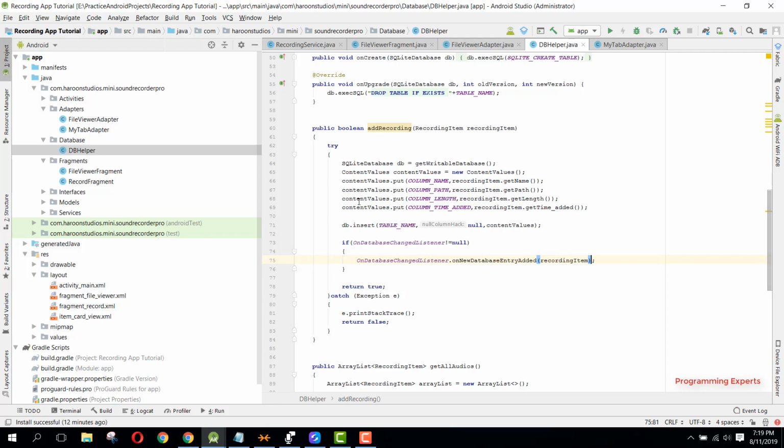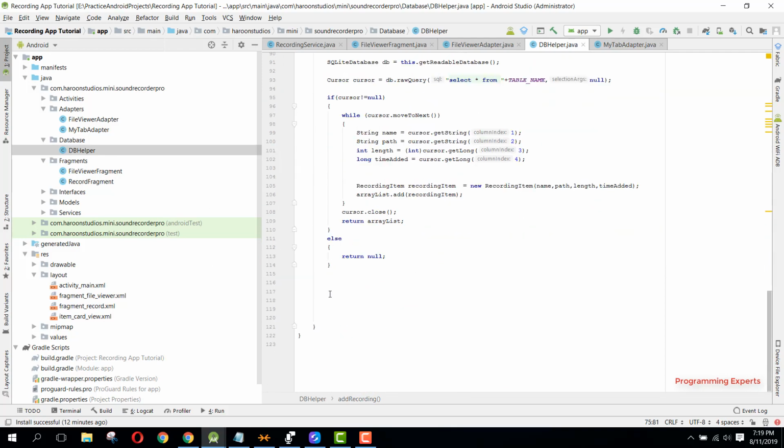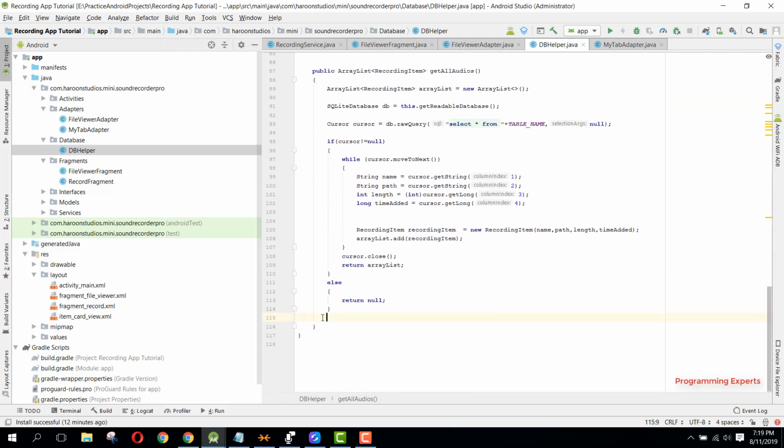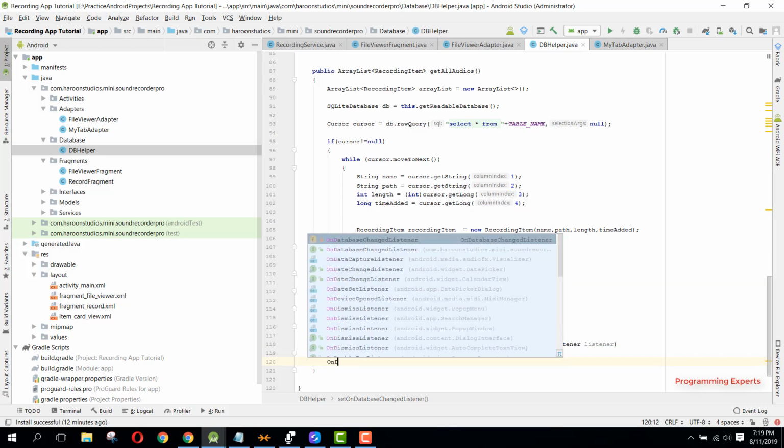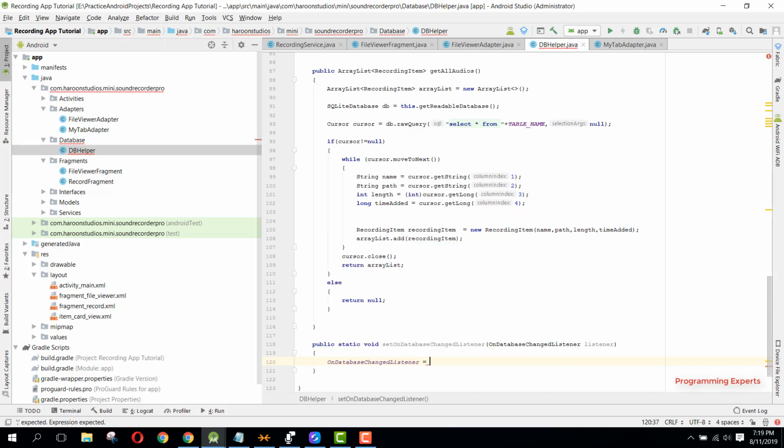Alright, and after this we can say public static void setOnDatabaseChangeListener, and here we can pass our own database change listener, and here we can simply say onDatabaseChangeListener equal to listener. Alright, so now we can simply say